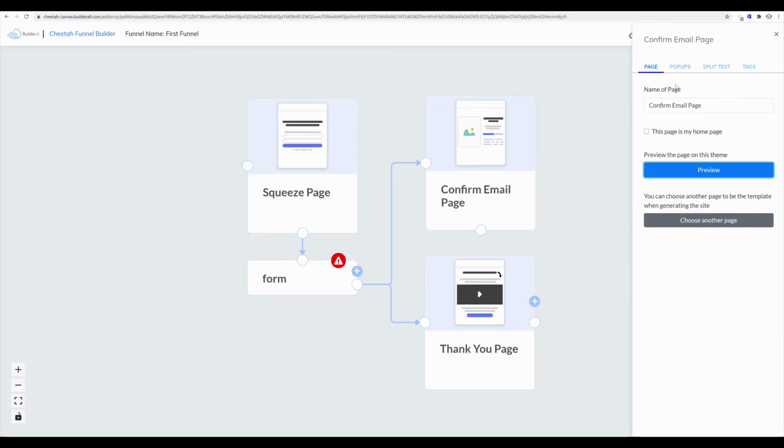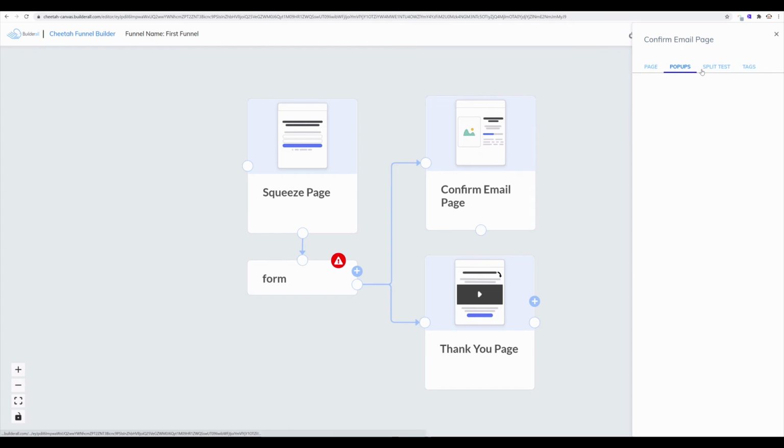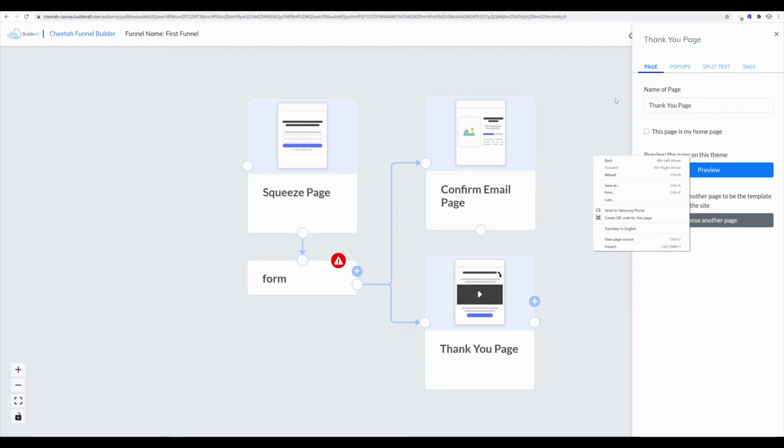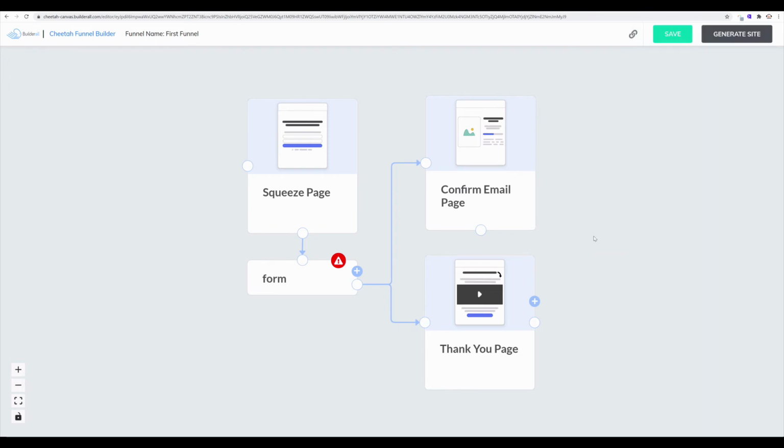And then you can also go through here and include pop-ups, split test, as well as tags. Now it's really important to go through each one of these pages and make sure everything is filled out correctly. And then lastly, if you want to include something else or another page, from here we're going to click